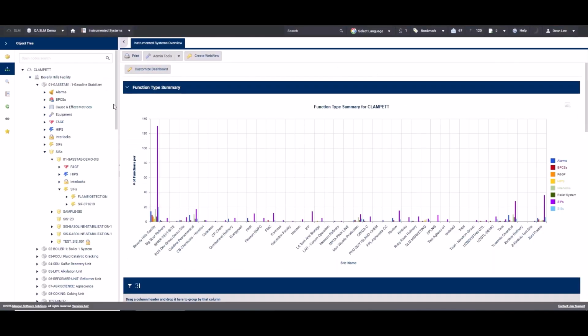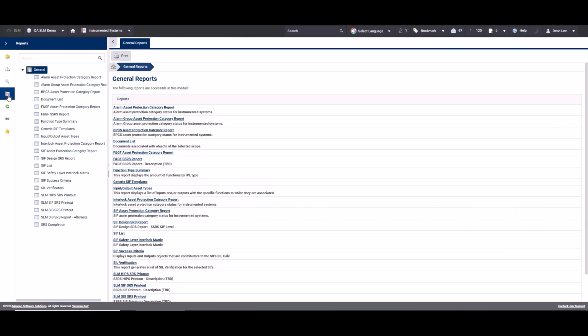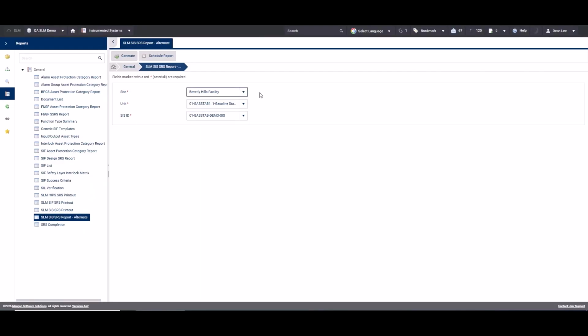So if we come to instrumented systems, if we take a look at this SIS object, 01 gas tab demo SIS, we can see in here we have two SIFs, flame detection and SIF 071619. So if we come to the instrumented systems reports, we have a new report here, SLM SIS SRS report alternate. If we select our site, unit, and the SIS ID that we're after, 01 gas tab demo SIS, and